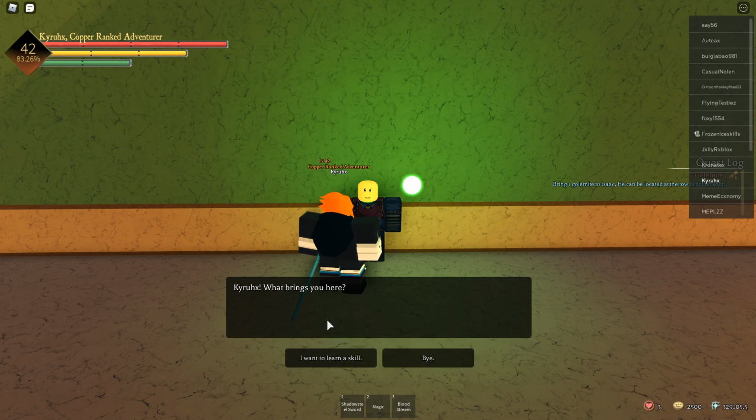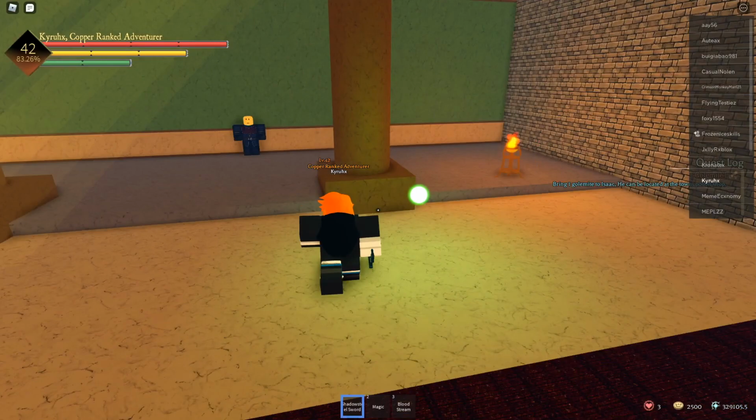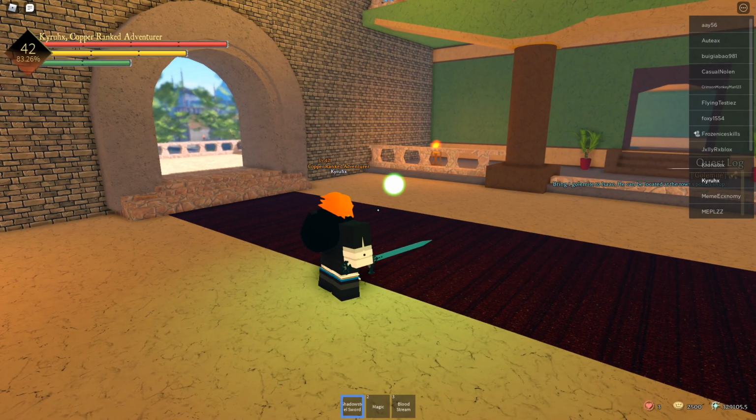So go ahead over to their FAQ and figure out how you use those skills. But for you guys, I'm going to have on screen all the buttons that will do your skills. It's mostly just shift and a button. So for example, mine's shift and left click, and then shift and right click, and then left click and right click. I don't even know what the third one does, but it does something. Still haven't figured out. But after you do that, you're going to want to learn all your skills, and then